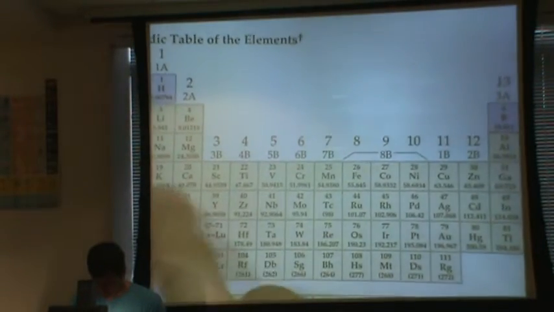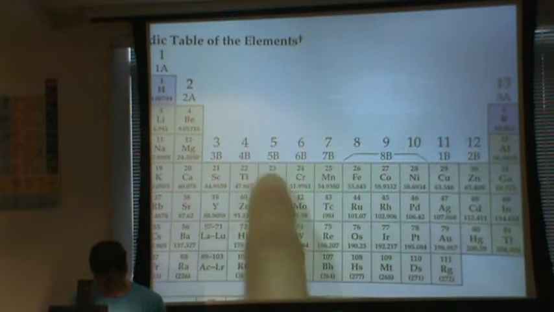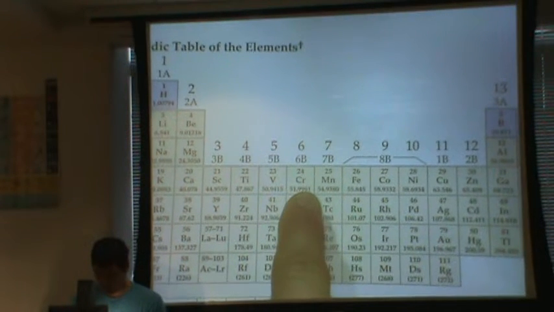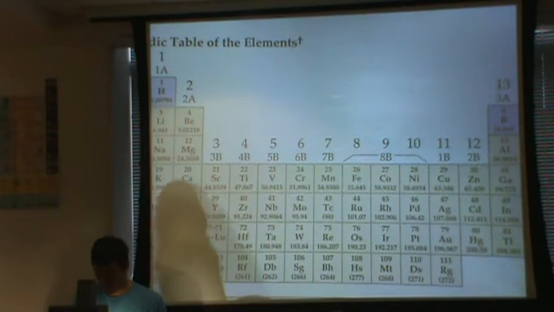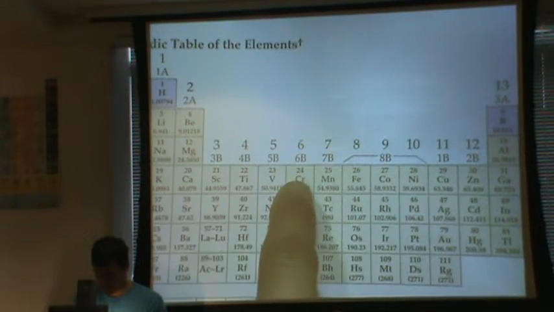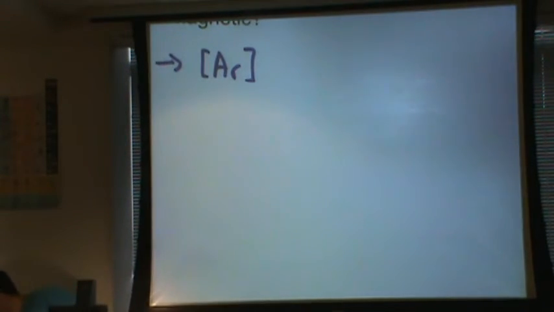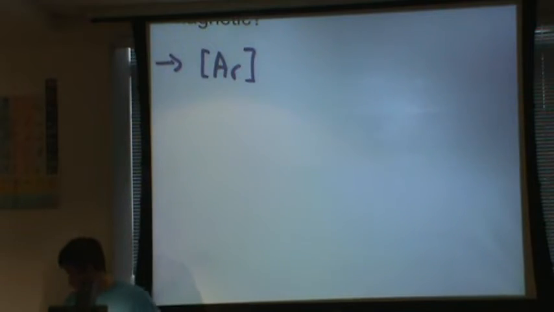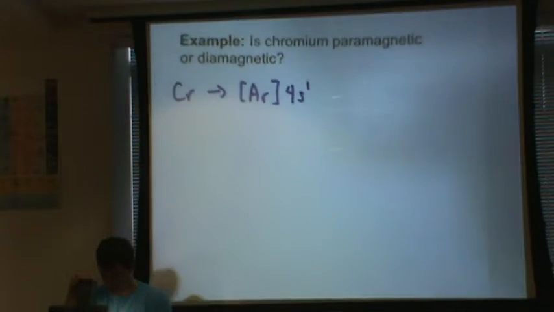So we have 4s2, 3d4, but chromium is an exception in that to get a half-filled d orbital, it promotes one of the s electrons to the d orbital. So in actuality, our electron configuration for chromium is 4s1,